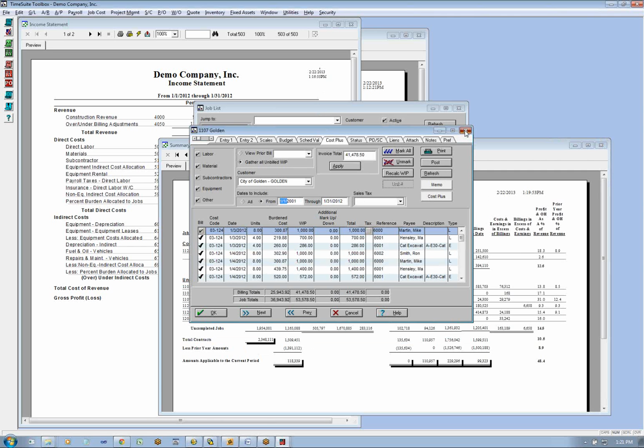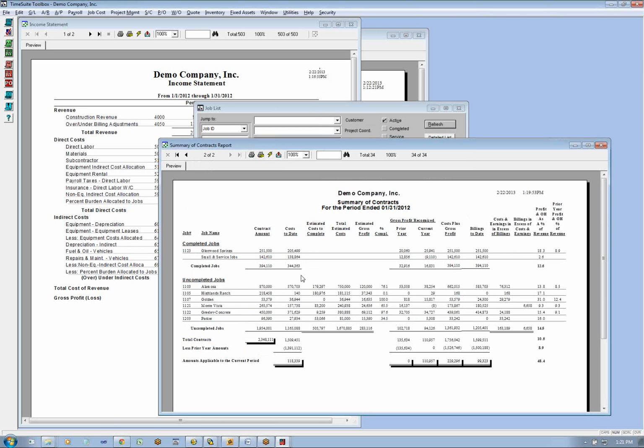But the .NET grid is a little more sophisticated. So this one would tie in if it pulled those costs correctly based on that filter, but it's doing it by check date rather than work date. So here we had $53,000 in work in process because we had some accrued wages, essentially. Then it's going to calculate my cost plus gross profit, compare it to my billing, and there's my over-under billings now.